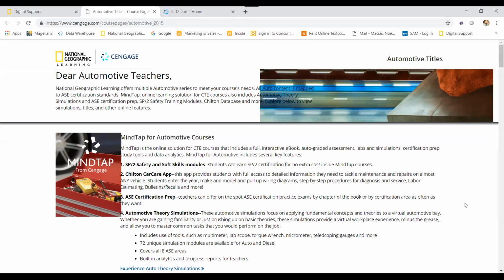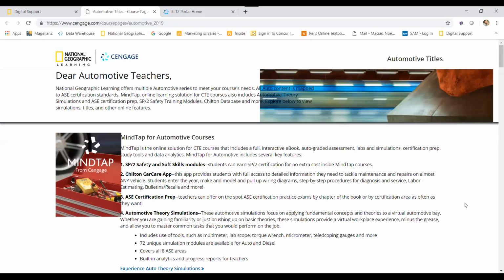If Mindtap is new to you, this session is going to talk about how to use the Mindtap platform, how it can be used in the classroom and in the lab, and how students can get the most from using a platform like Mindtap. Mindtap is going to be your fully integrated ebook, but not only that,